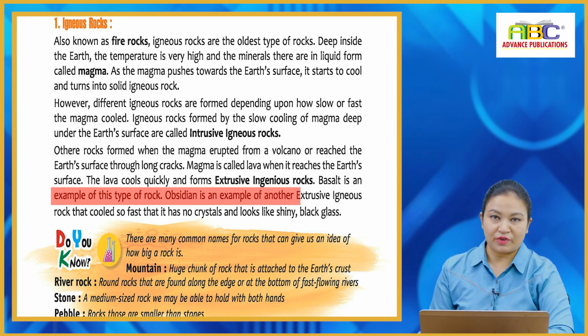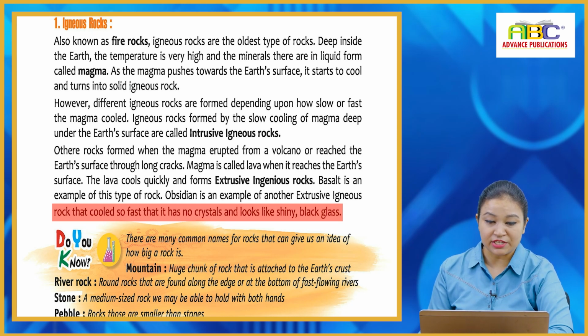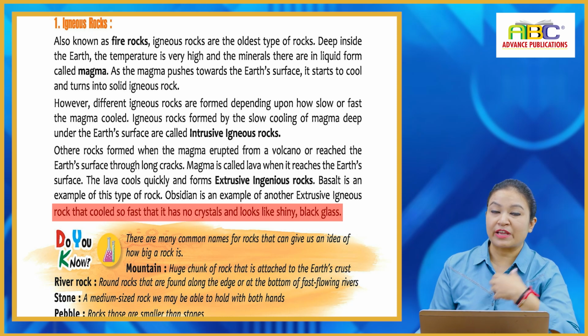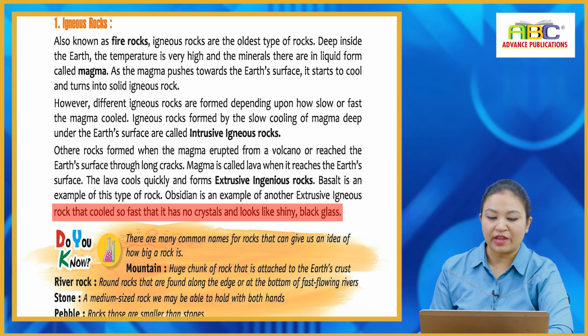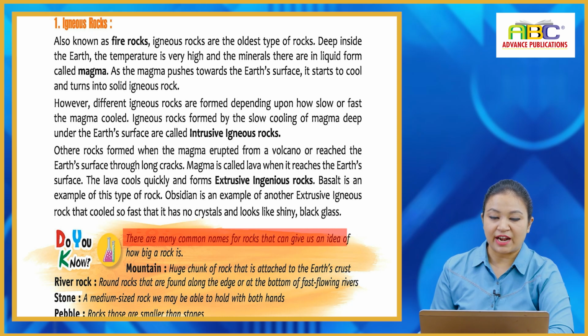Obsidian is an example of another extrusive igneous rock that cools so fast. It has no crystals and looks like shiny black glass. So there are two types of igneous rock. One is intrusive: when igneous rock is formed by slow cooling of magma, it is called intrusive igneous rock. And when the rock cools very fast, it becomes extrusive igneous rock, and it is shiny, with black glass. Do you know there are many common names for rocks that can give us an idea of how